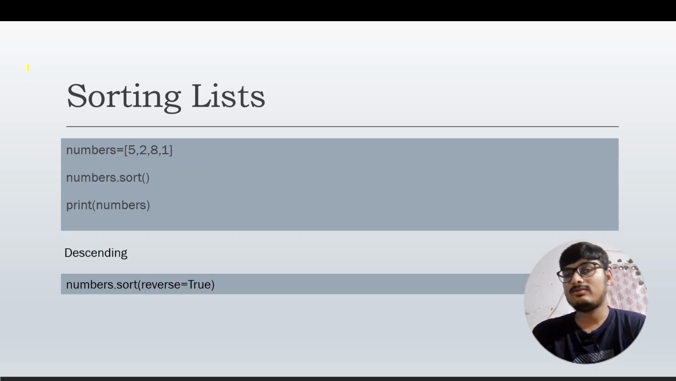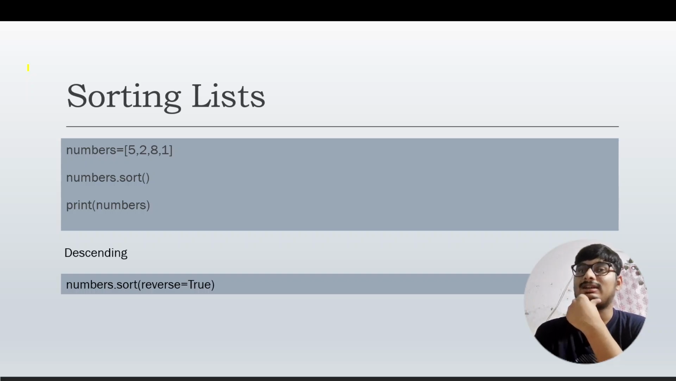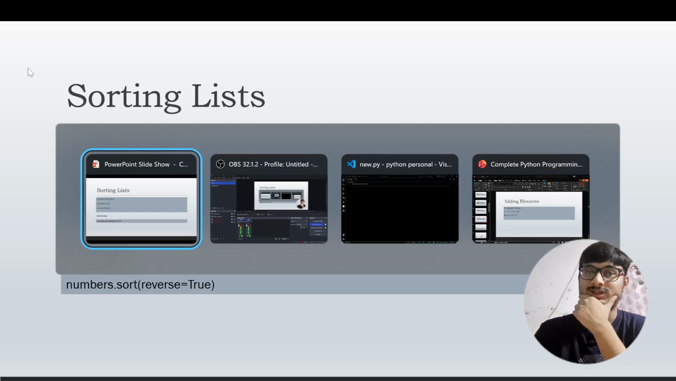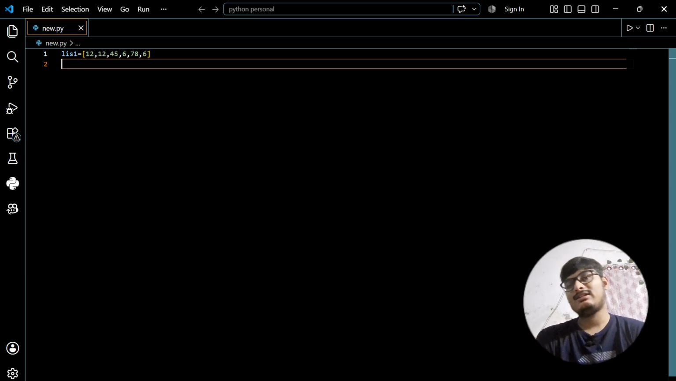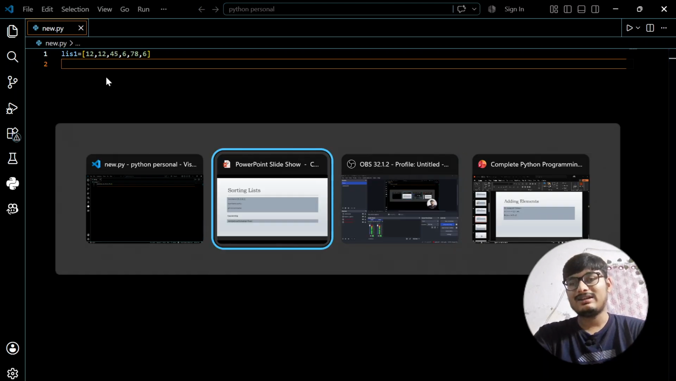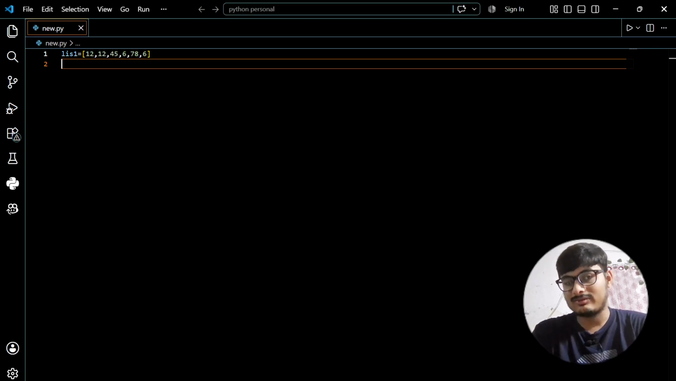Okay, so now here comes the next part, which is sorting of a list. So how do we sort a list? Sort means arranging it in some form, like ascending order or descending order. So I will just sort this list: 12, 12, 45, then 6, 78. I just want to sort it in ascending order. So what I am going to do,